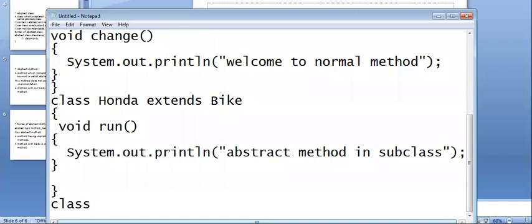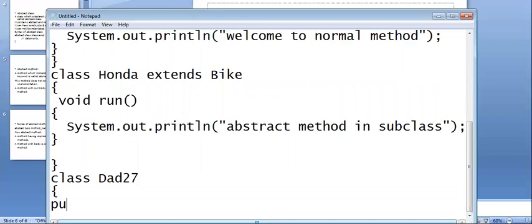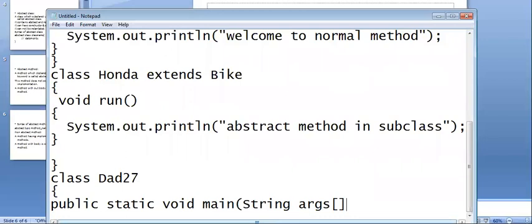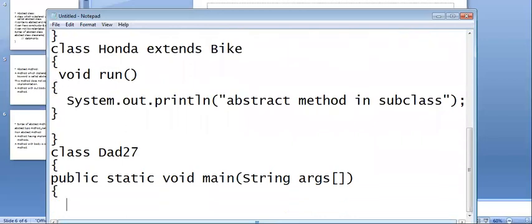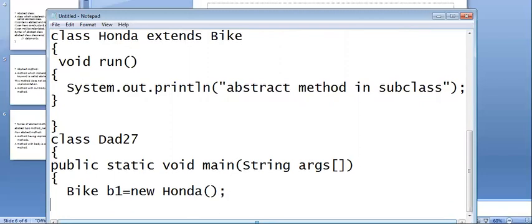Then I'll go to the main class. We have public static void main(String[] args). Here the abstract class cannot be instantiated directly, so I can do upcasting: Bike b1 = new Honda.